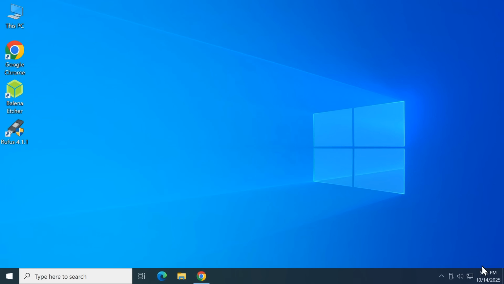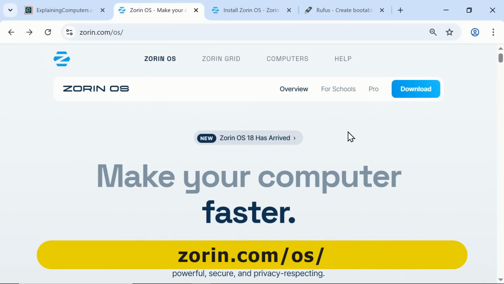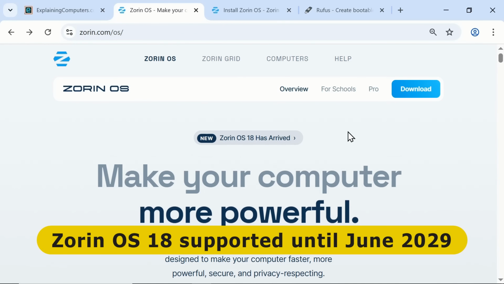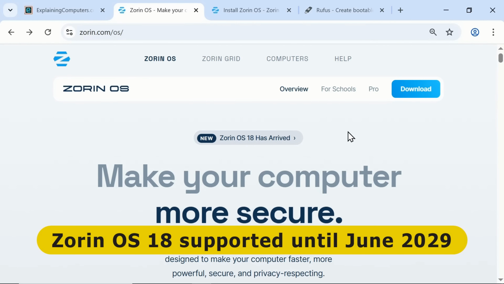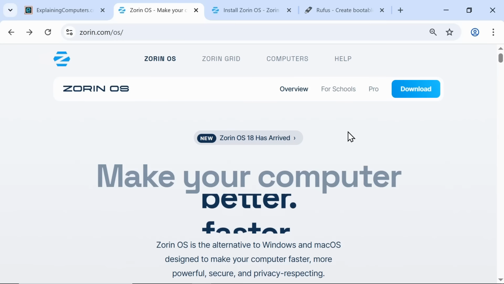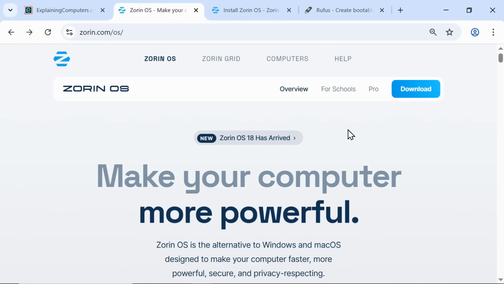Right, it's now 5:20 on October the 14th, 2025. Windows 10 has reached end of support and Zorin OS 18 has just been released. This latest edition is based on Ubuntu 24.04 LTS and so has support until June 2029, after which an upgrade should be straightforward. And in this respect, note that an upgrade tool will soon allow an upgrade from Zorin OS 17 to 18. However, here we're going to do a clean install, so let's go on over to the download